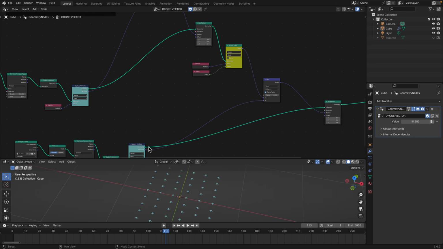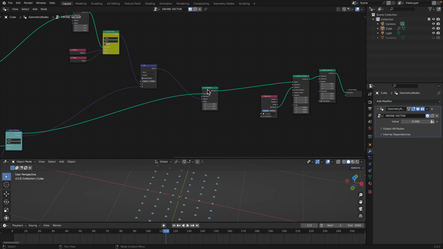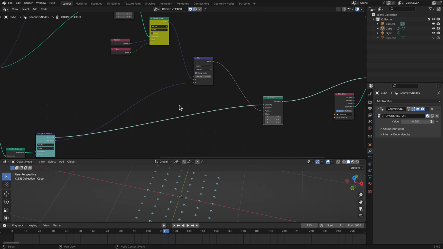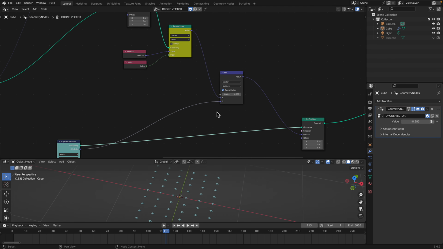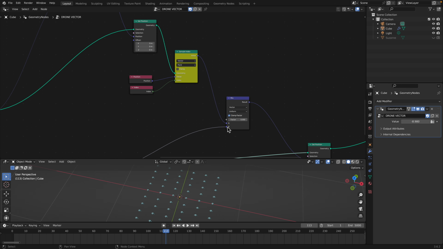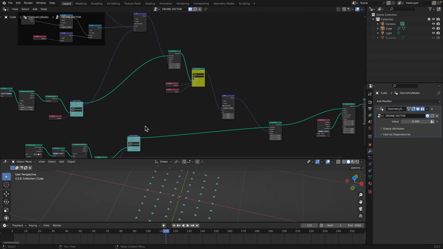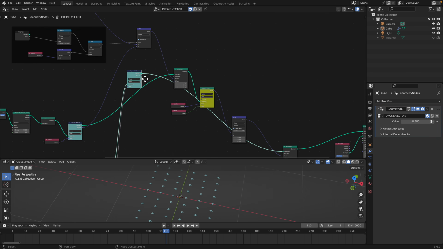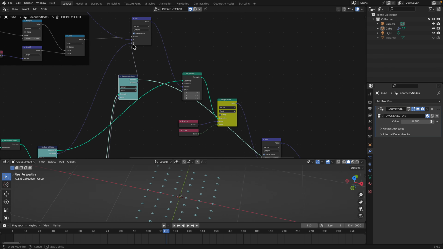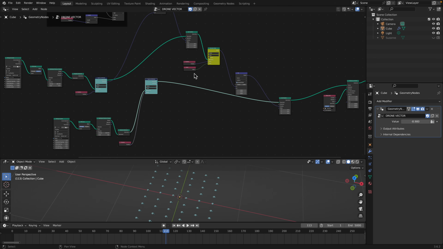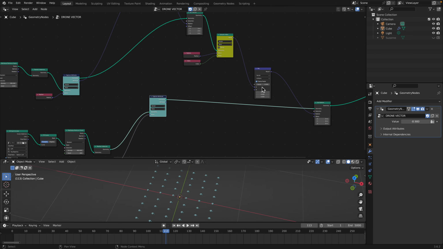So that means this position capture attribute needs to go into the transition up there. Up here, so okay, maybe